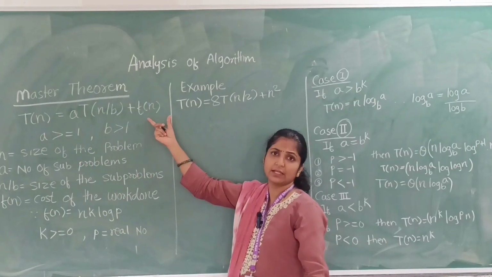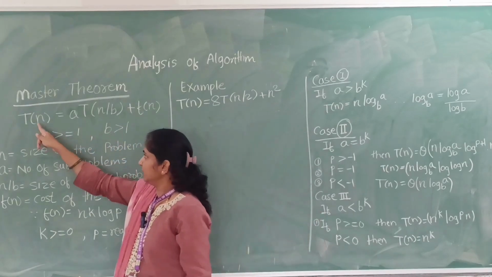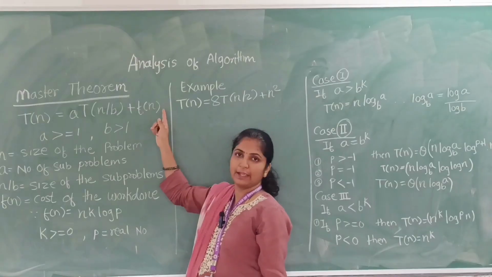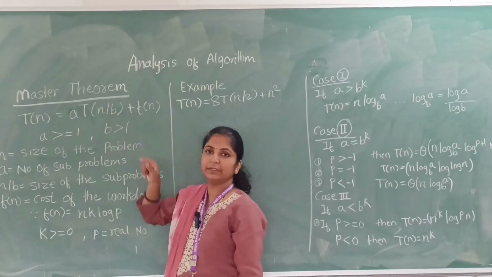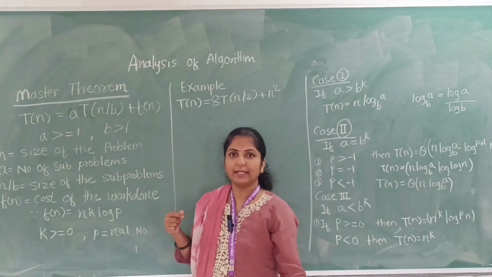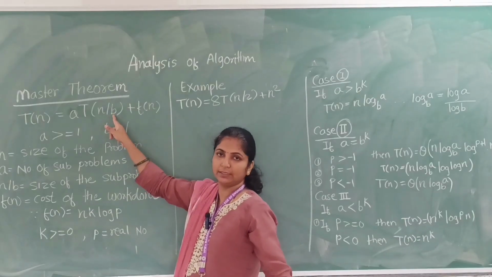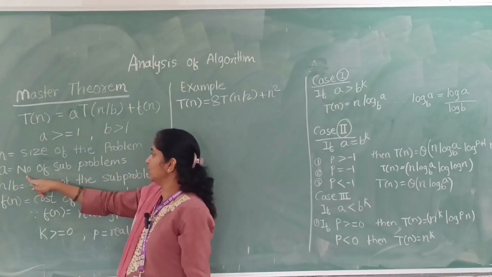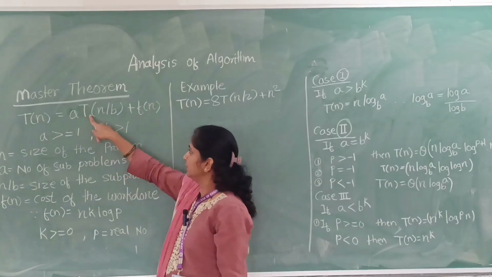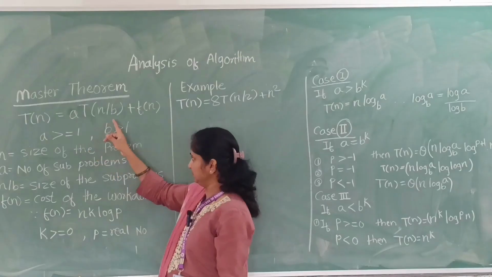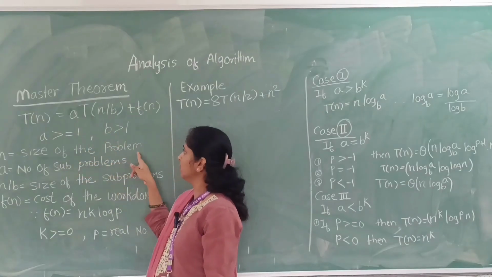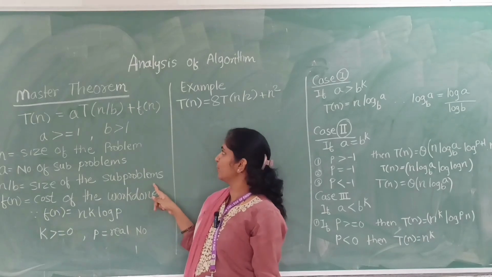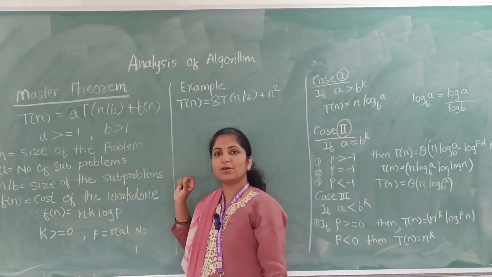This is the given recurrence relation: T(n) = aT(n/b) + f(n). Here n/b is a dividing function, so we can apply the master theorem. Here a is the number of subproblems, b is the factor by which the problem is divided, and n is the size of the problem. n/b indicates the size of the subproblem, and f(n) is the cost of the work